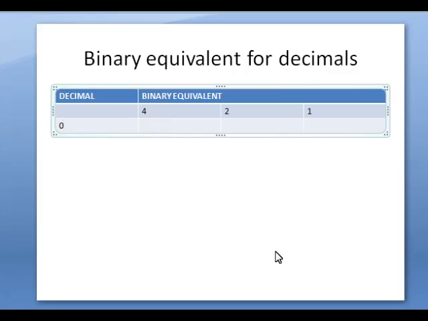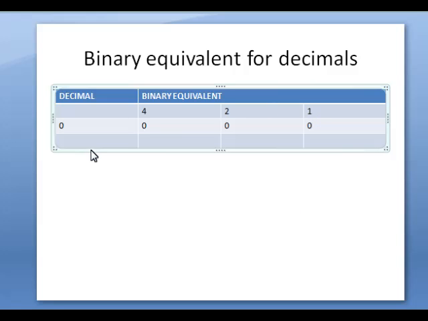So 0's binary is 0, then here also 0, here also 0, because here you look above, there are no zeros, it starts from 1. So all the numbers, 1 is also 0, 2 is also 0 and 4 is also 0. Now we are going to write the binary equivalent for 1. So what is the binary equivalent for 1? See, look at this number here. So if you are not able to differentiate, we have to change the color of the number.